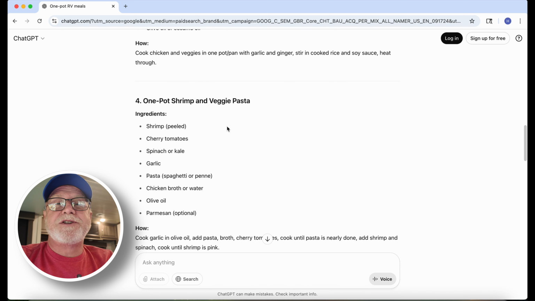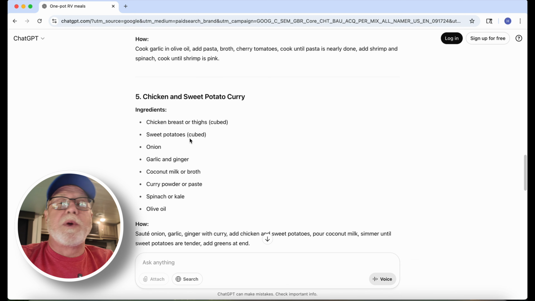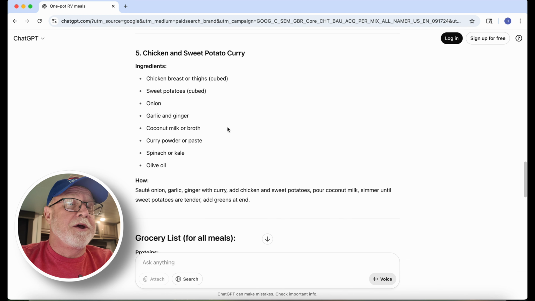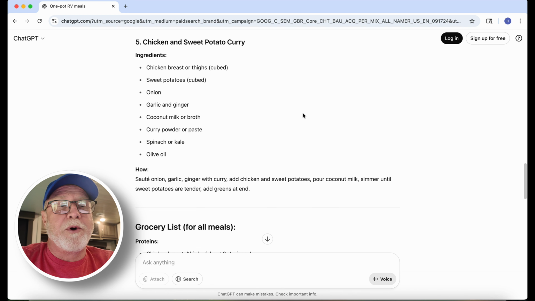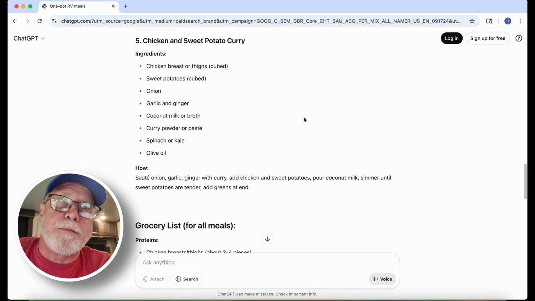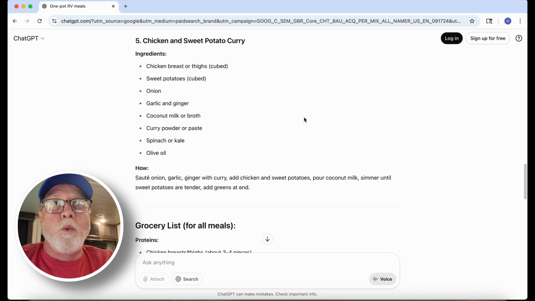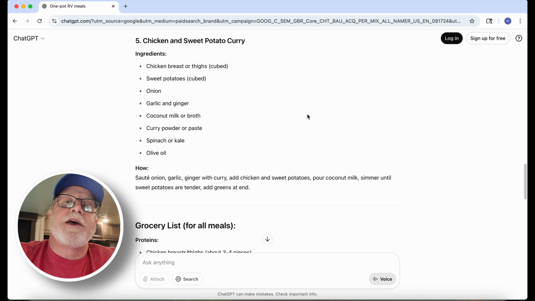One pot shrimp and veggie pasta. Chicken and sweet potato curry. Now, that sounds pretty good. So again, it can give you a starting point, and you can alter that prompt however you want to fit whatever it is you're looking for. If, like I said, you have specific dietary needs, then you can tell ChatGPT just to give you ideas